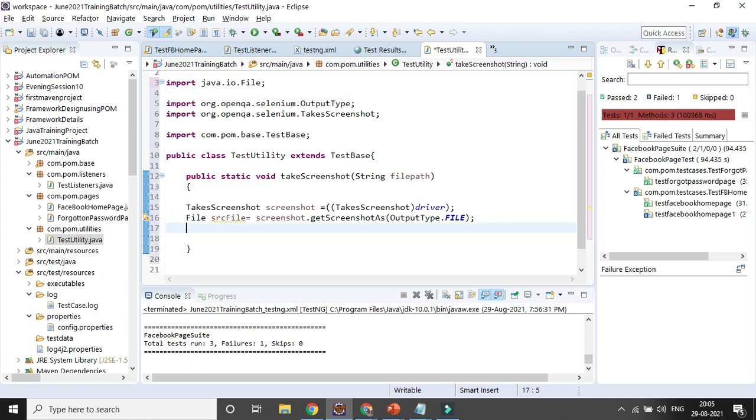Next I'll be creating a variable for the destination file: destination file equal to new File, and here I am giving that file path, whatever I want to pass.